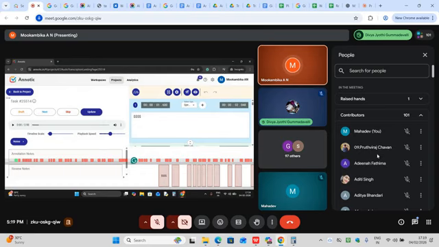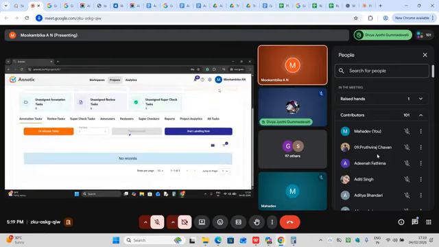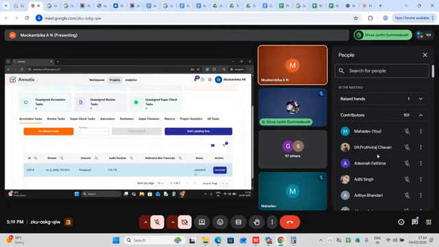If you want to go back, you can use the back to project button. If I click on this one, you will directly come to the project, where your file is unlabeled. Unlabeled means your file is not yet started. You have not yet started the transcription, so that's why it is in the unlabeled state.